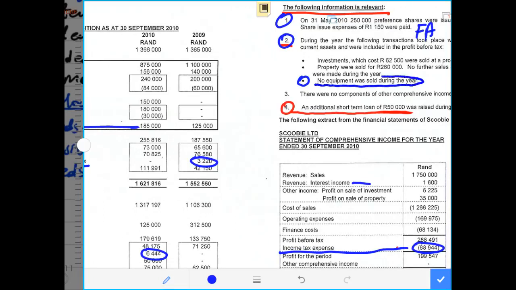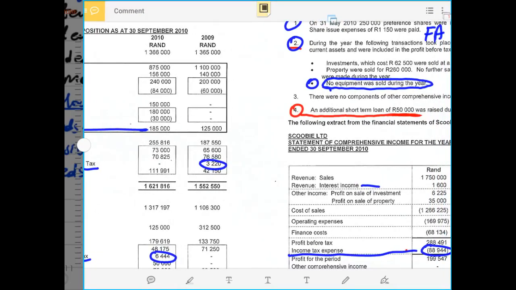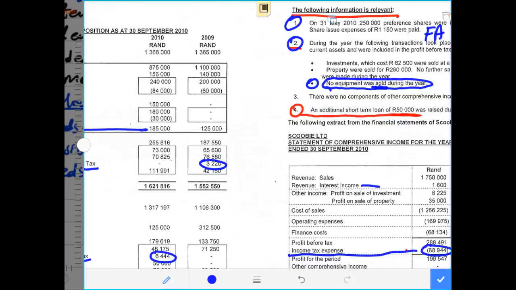And you wonder, why are they telling you this? No equipment was sold during the year. Therefore, what do we do with the equipment? We still have to check if there was any equipment that was acquired during the year. The fact that they say no equipment sold does not mean no equipment acquired. They just give us one dimension to say no equipment sold, but there might be equipment that was acquired during